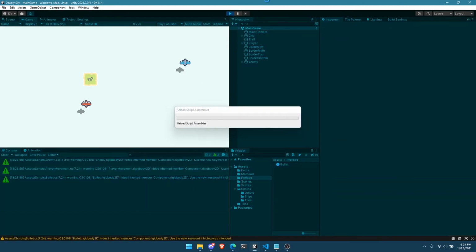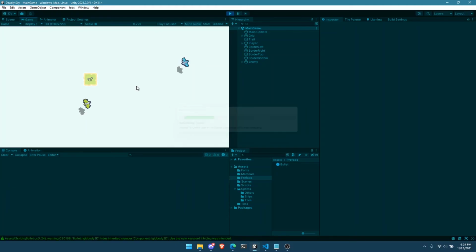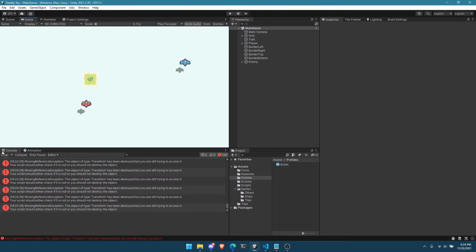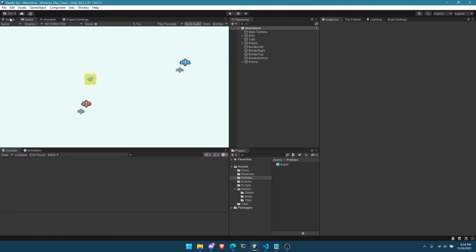And play the game. Let's see now if it works. So I'm clicking like hell right now, and you can see that there is a very serious problem that we run into here. So in our player here,